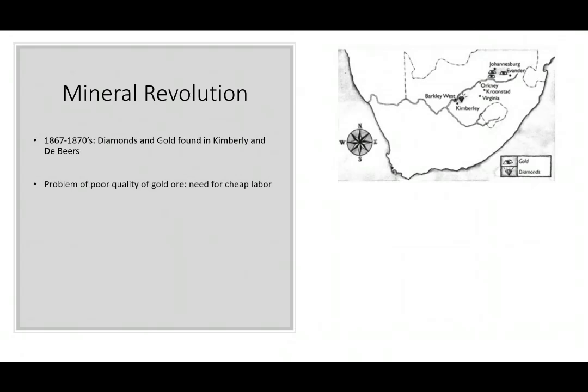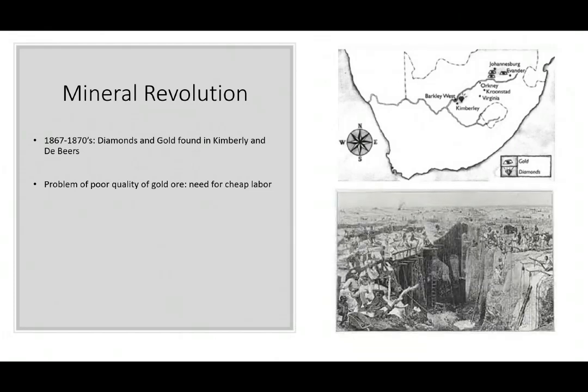The problem with the gold was really poor quality, really needed cheap labor. This is labor-intensive mining, and they needed it cheap because, again, they wanted to make profit. So what do they do? I love what your book does here. It illustrates the shift from class-based to race-based. England realized they had to maximize the labor, which is the African labor, by appeasing the Afrikaners. And here's an image of what deep mining looks like. You see why it's